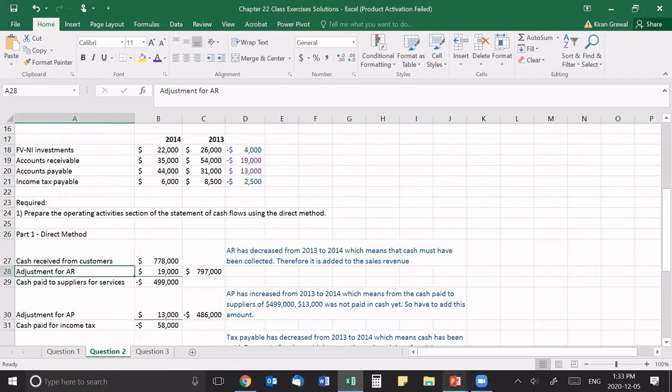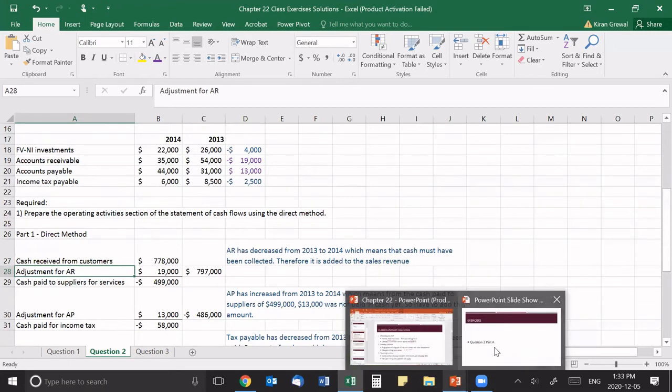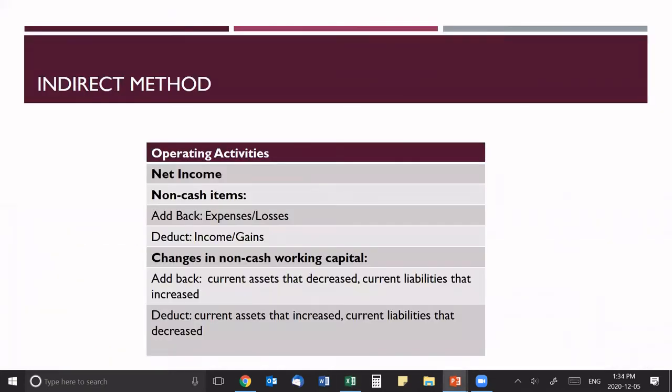Okay, so I hope that makes sense. We didn't have to do the investing section or the financing section, but those are straightforward. I'll show you that in question 3 when we get there. But what I want to do next is go through the indirect method. So the indirect method,